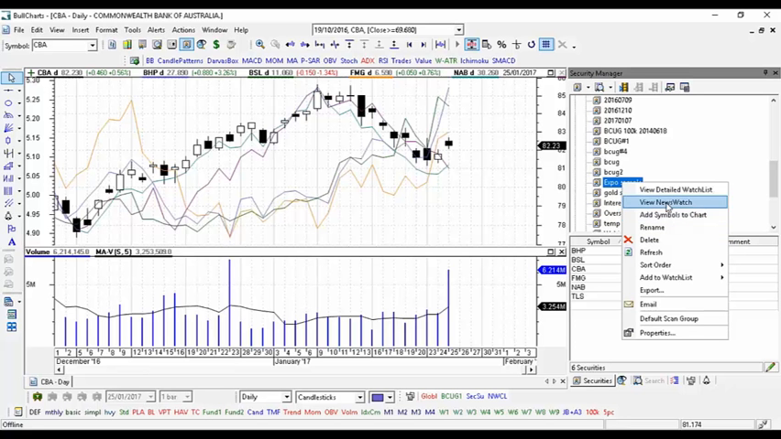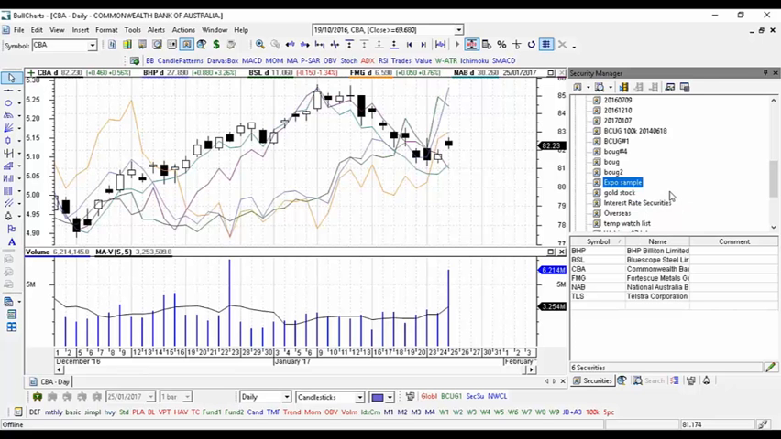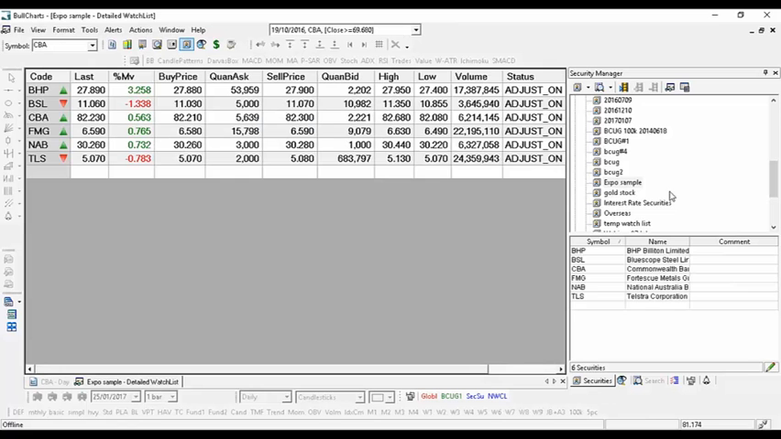While we're looking at this, I should point out 2 more features that were new a year or 2 ago. This View Detailed Watch List and View Newswatch. Now the View Detailed Watch List will open up a new table or window pane for all of the stocks in that watch list. Here they are here, and it shows a number of columns